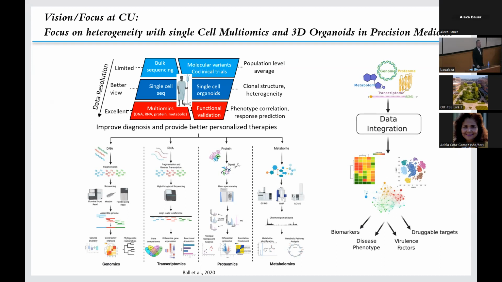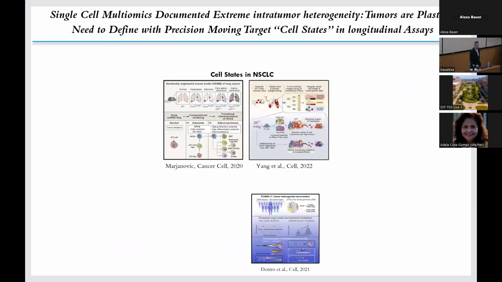Ultimately, we should be able to use these signatures, the single-cell multiomics, and the organoids as patient representatives, to improve on the diagnosis and develop personalized therapies for these patients. Now, why is this important? I think in the last,